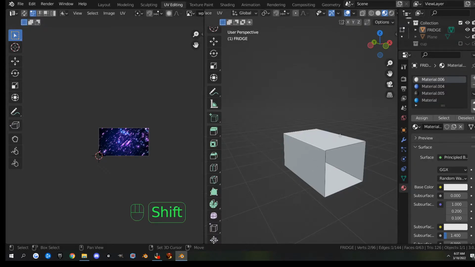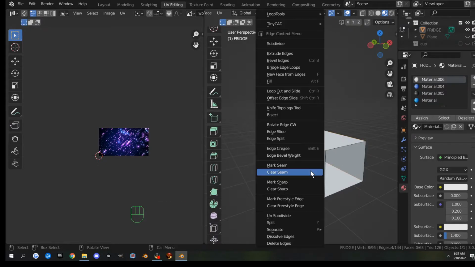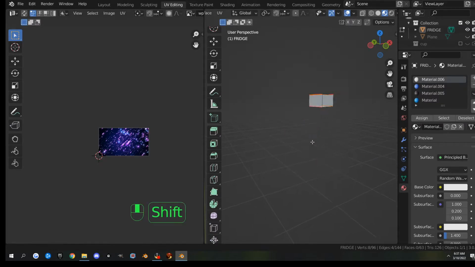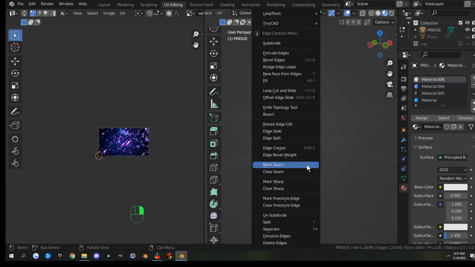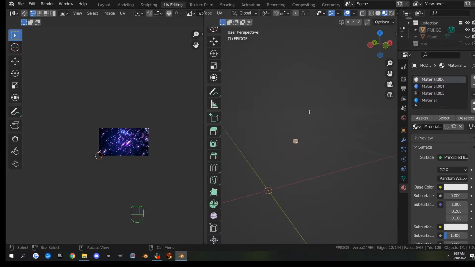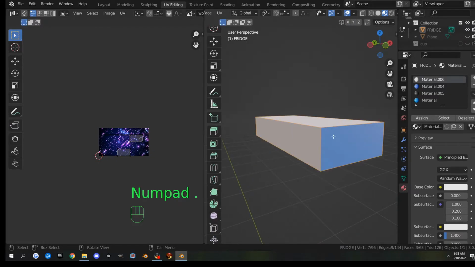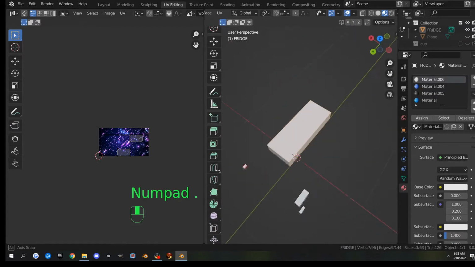So I'm going to select all the edges, right click, mark seam, and I'm going to do that with all of these. So him, and him, this one, that one, and that one, and that one, that one, that one, that one, and I'm going to right click, mark seam, and that got all of those. Now I'm going to do these guys, so I'm just going to box select that, hit period on number pad to zoom in on it. And this one,